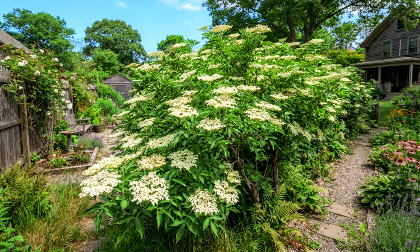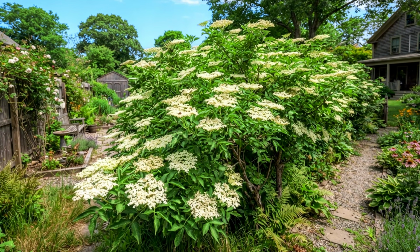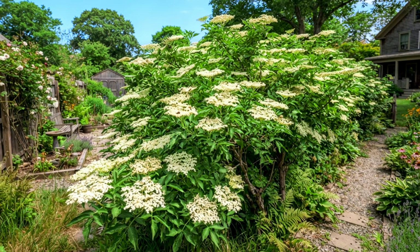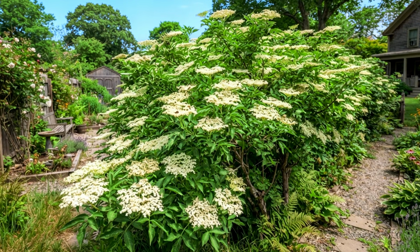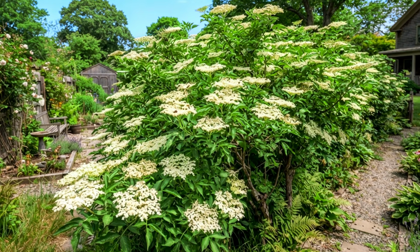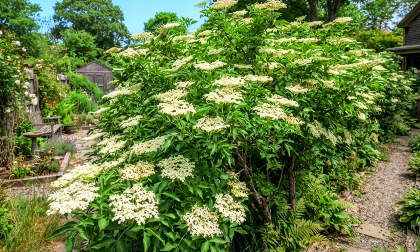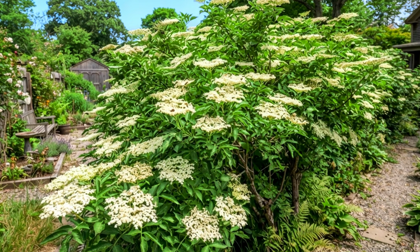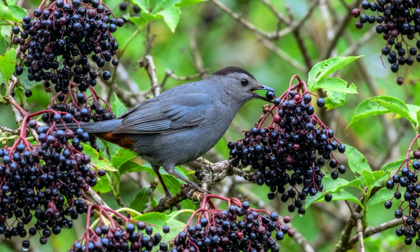It grows fast, often 3 to 5 feet in its first couple of seasons once established, eventually reaching 6 to 12 feet tall and equally wide, spreading via suckers into a broad, multi-stemmed thicket rather than a tidy, contained shrub, which is worth knowing up front, since it will spread wider than the spot you originally planted it unless you manage it. In midsummer, it produces large, flat-topped clusters of small white flowers, followed by heavy clusters of small dark